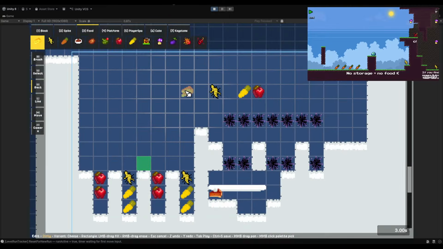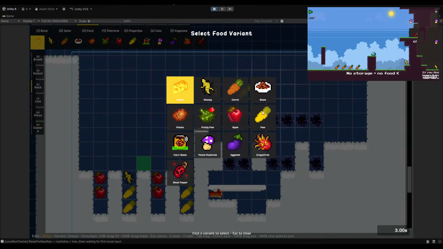Let me look at the food list again. Yeah, I don't have orange here yet. I don't want to showcase potato and these until another world map. These are going to be desert levels. Yeah, an eggplant's going to be another world map. Oh man, I might just have to think of more food. Our food list is too small. It still unlocks a lot of possible puzzles, but I think I just need more variants.